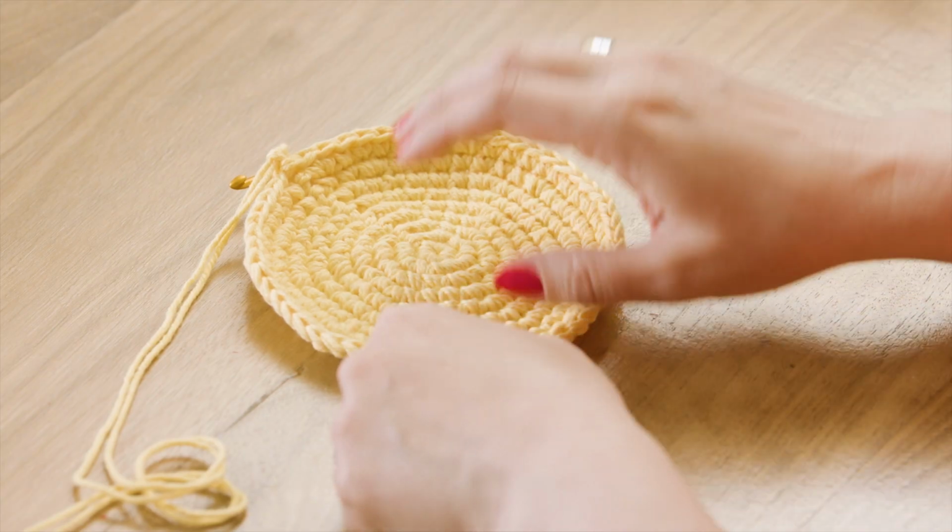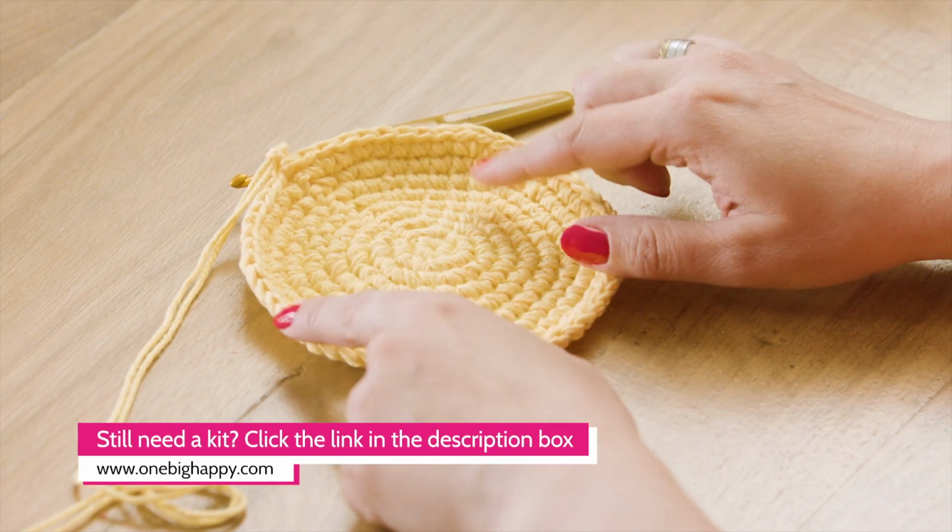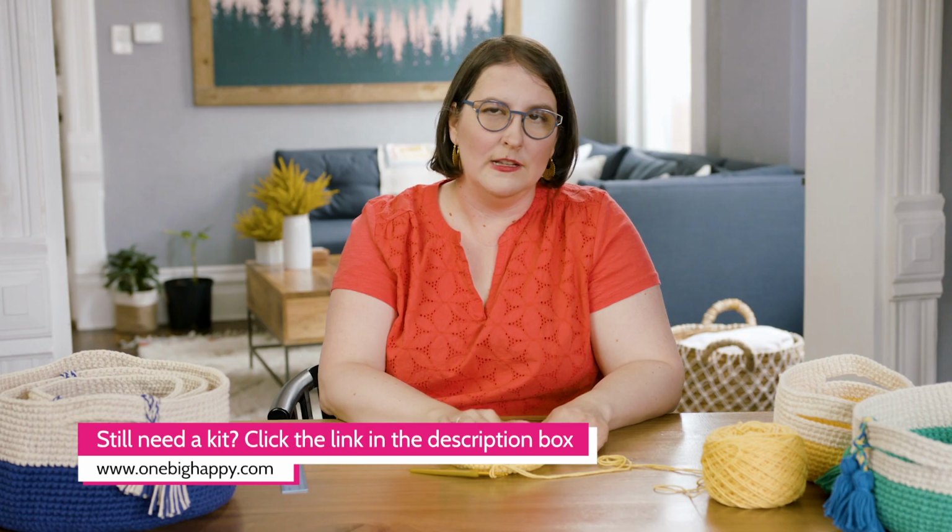If your piece is too big, you do risk running out of yarn. I used almost every last bit, especially for the largest basket. So it's important to check your gauge, not only to decide, do I like the fabric that I'm making? Do I want a basket made out of that fabric? And also, will I have enough yarn in my kit to complete the project as it's designed? So once you've checked your gauge like that, then you're just going to keep crocheting around following the pattern for